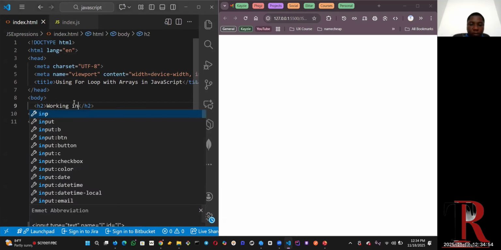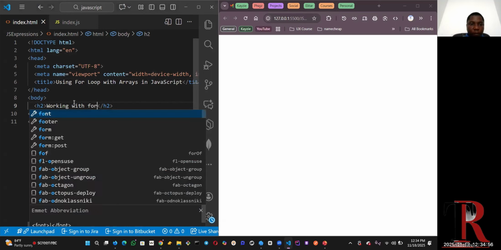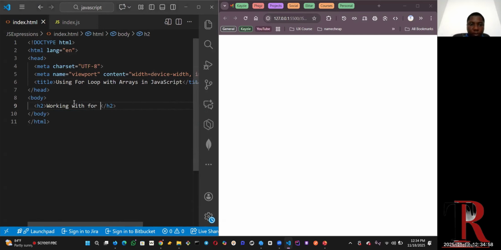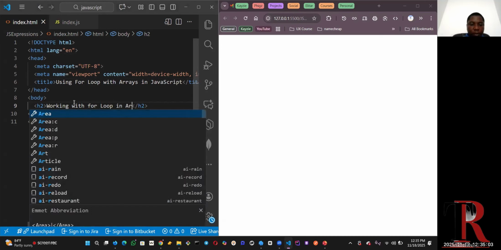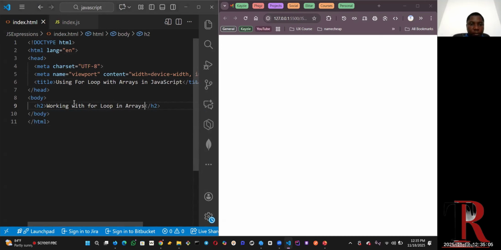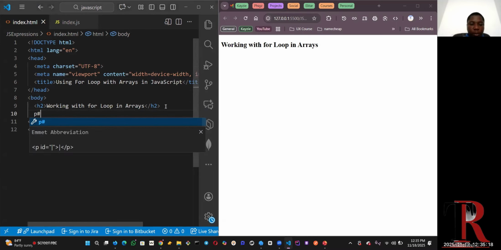working with for this. I'll refresh and then move to the next line, make a p tag this time around as usual and give it an ID of demo. Then I can move to JavaScript mode